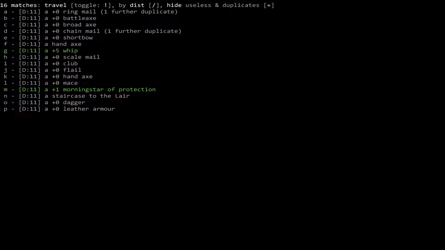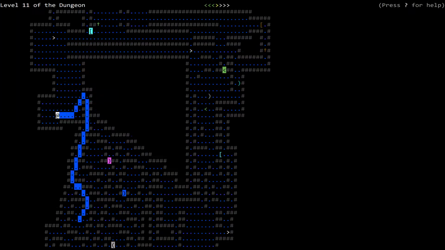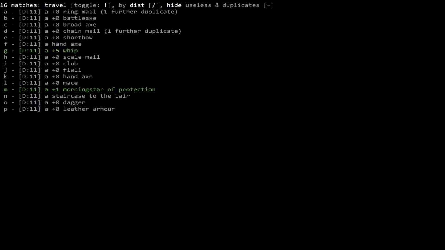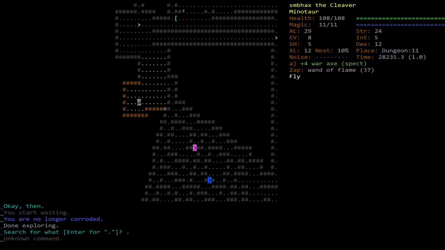Not much stuff left here either. Oh. Oh, wait, there's a staircase to the lair. Oh. I don't spot staircases very well, I guess. Wait, what? Wait, where did I...